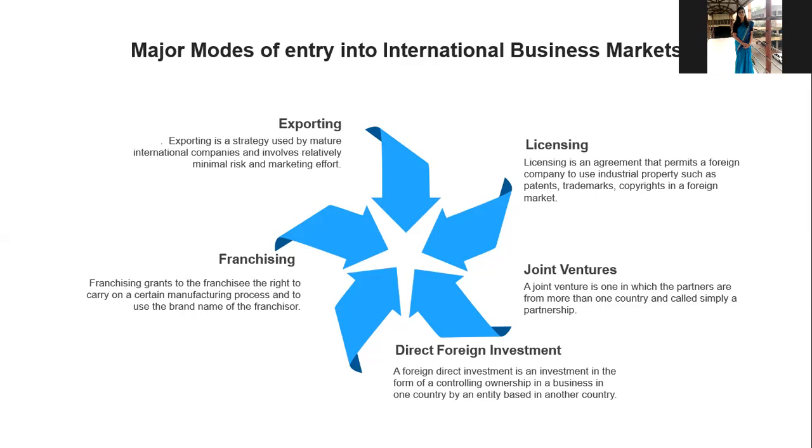Next, licensing. Licensing allows another company in your target country to use your property, for example, trademarks, patents, and production techniques. The licensee will pay a fee in order to be allowed the right to use the property. Next, franchising. In this mode, an independent firm called the franchisee does business using the name of another company called